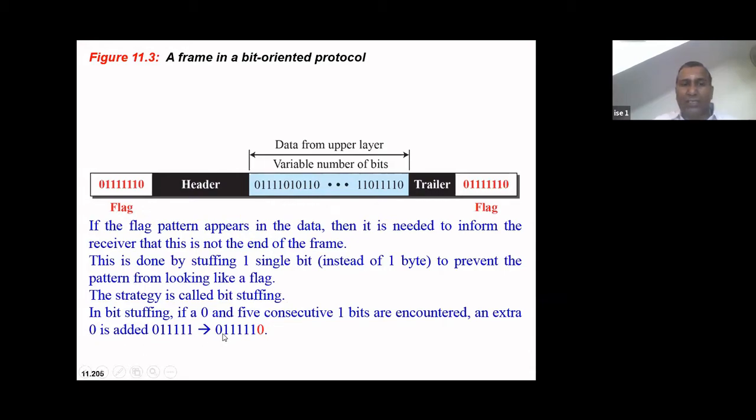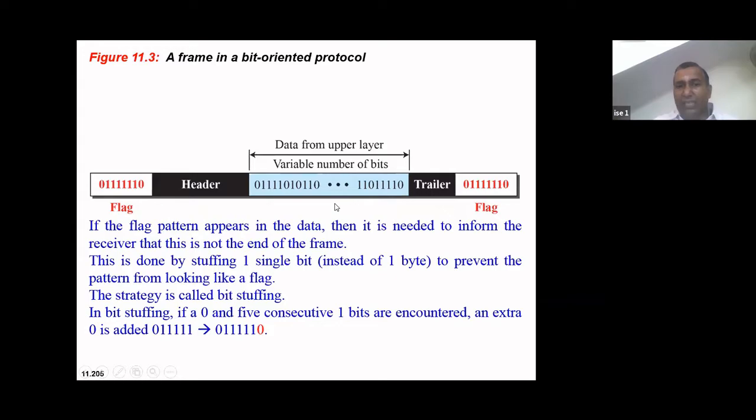To ensure we do not encounter a flag within the data part, if 0 is followed by 5 ones, then because there is a 6th one, the moment the 6th one and 0 appear, it's a flag.